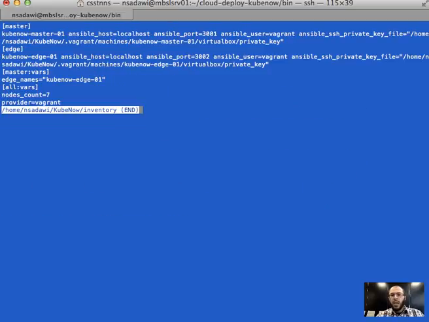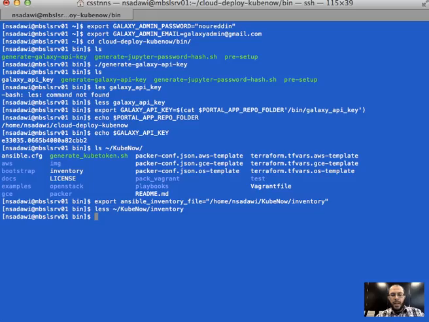So that's it. And then if we actually display the contents of that file, just quickly have a look in there, then we find for the master the Ansible host is going to be the localhost. The port is 3001. We spoke about that when we spoke about the Vagrant file right at the beginning. And then the Ansible user is vagrant. And then I see here something like Ansible SSH private key file, and then it has a path /home/inside/KubeNow/.vagrant/machines/KubeNow all the way. So this is a private key of the master, and we'd like to have an environment variable that basically points to that. So we're going to call it